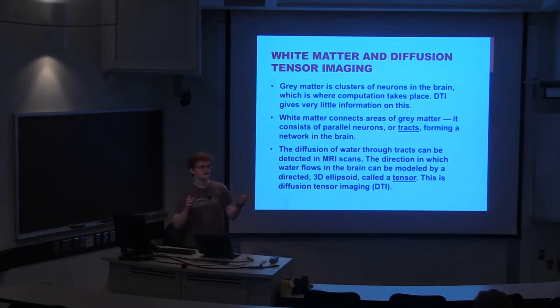And white matter is sections of parallel neural fibers or tracts, which are used to connect these areas of gray matter. And diffusion tensor imaging is useful because while it doesn't give that much information about gray matter, it can model systems of white matter in a person's brain. Okay. And the way that it ends up modeling these things is through